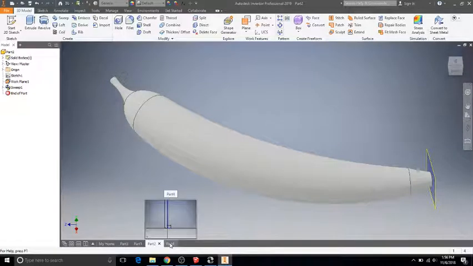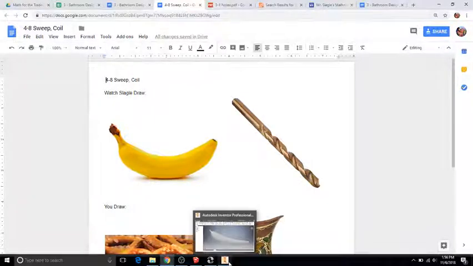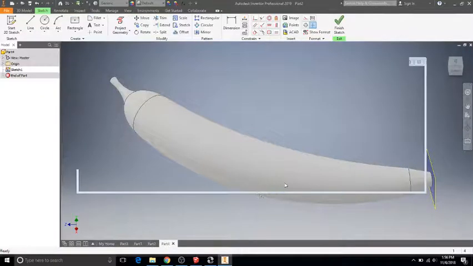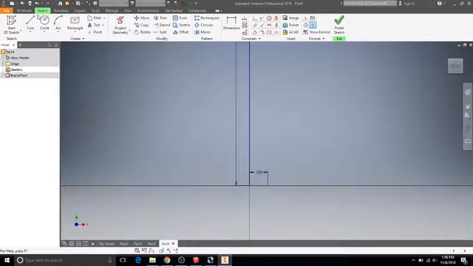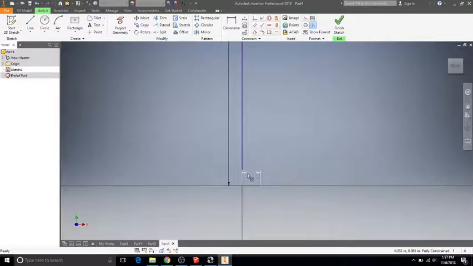Path and coil can be used similarly here. We're going to be drawing what I'm going to call a 1/4 inch drill bit. And this one's not going to be perfect necessarily, but it's going to have somewhat the same idea behind it. So my drill bit is 3.5 inches tall, and it's set to 0.125 because we're going to be using the rotate option. So it's going to double in width once it spins around that axis. So I'm going to come up and create kind of this little pitch for the